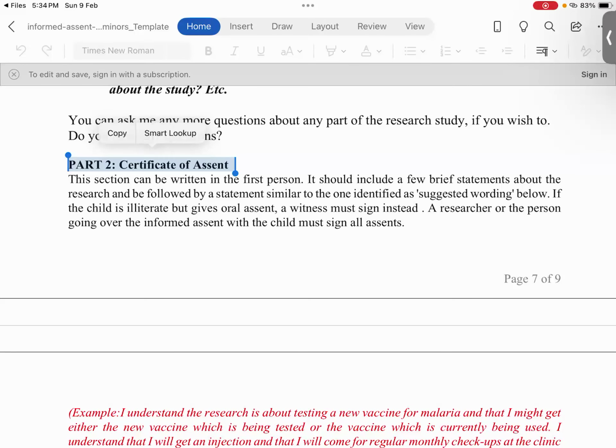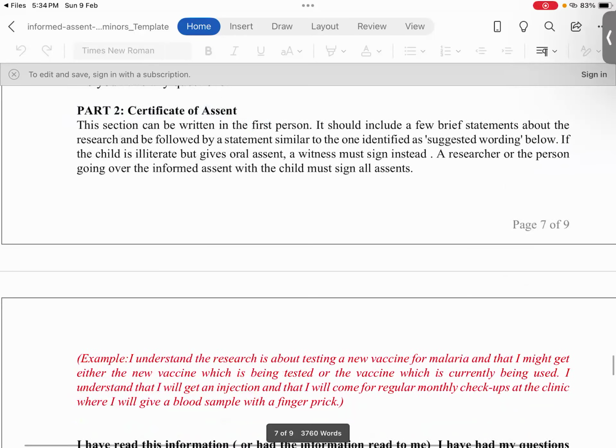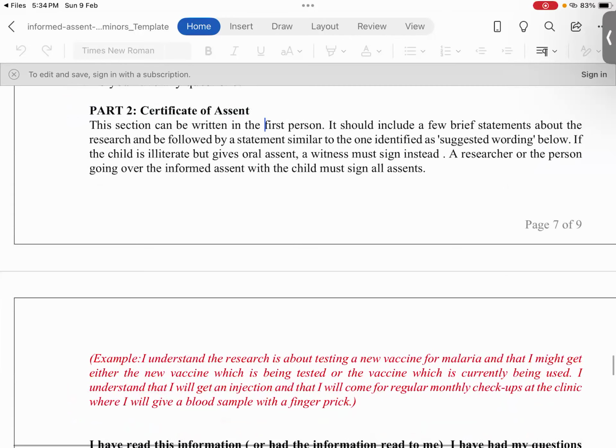Sorry. So again, it is written in the first person. Why am I focusing on this first person? You have seen the protocol we have written in the present tense. Never forget this, because in medical writing many a time